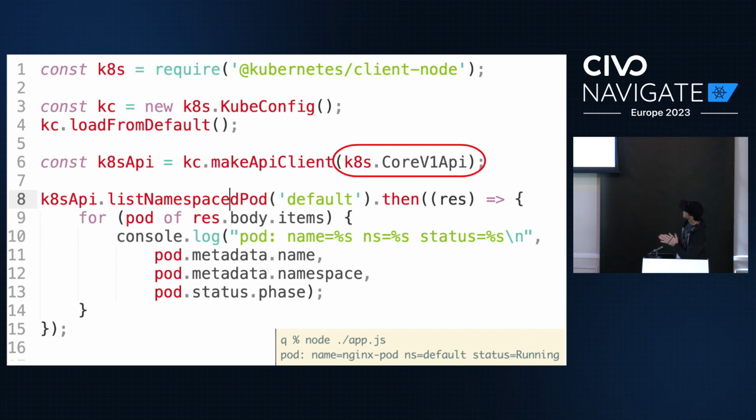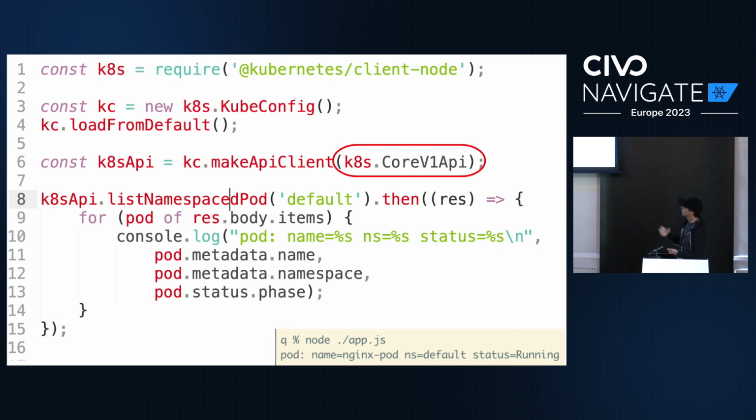Now, this is the official JavaScript library example. We do a get pods call to get the list of pods, similar to kubectl get pods. To get pods, we need to be able to talk to the core API group. This is why